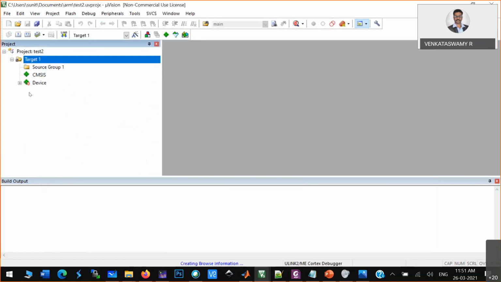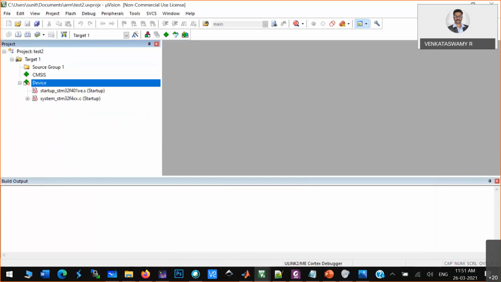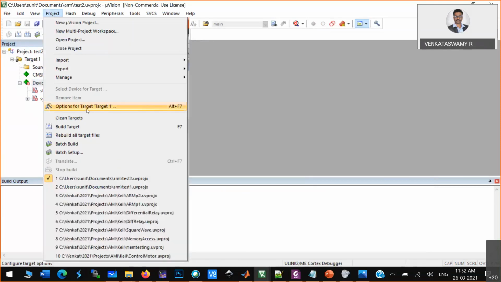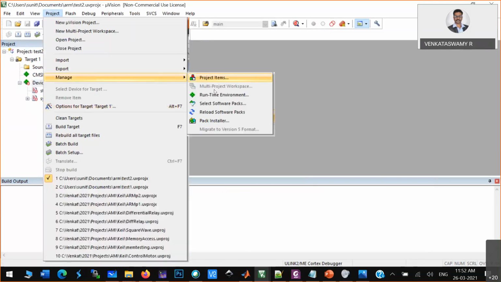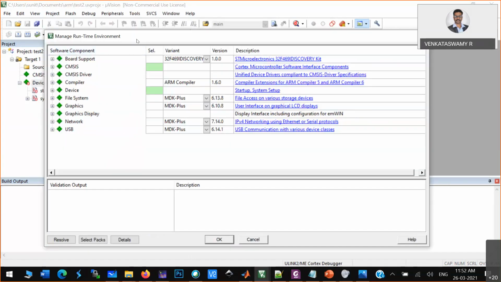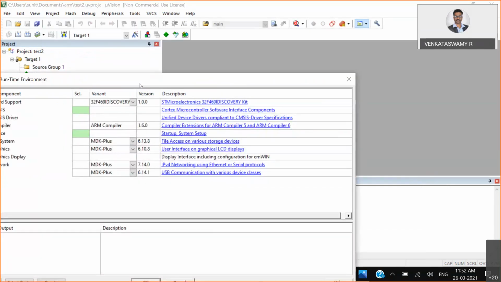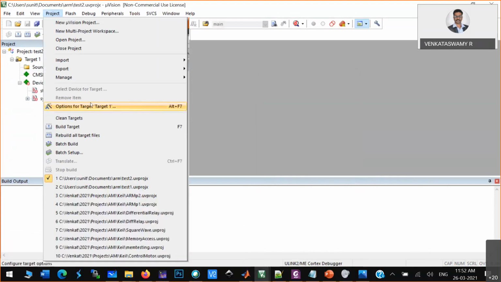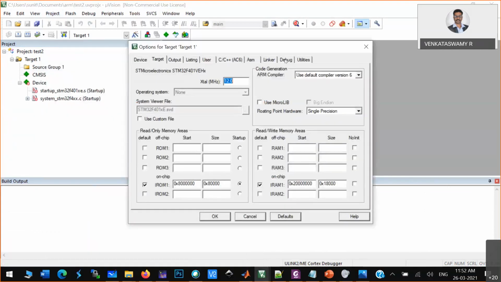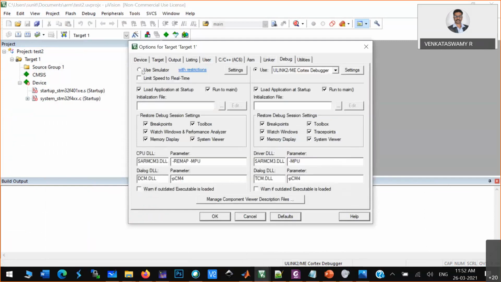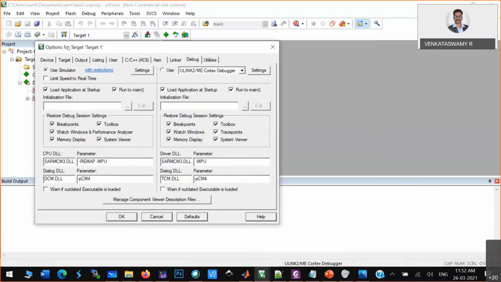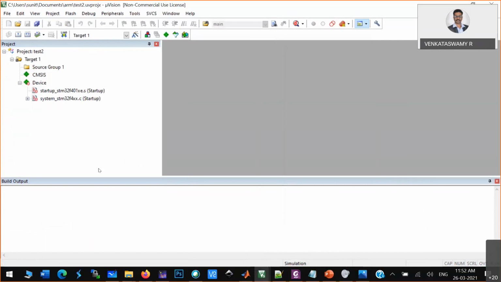Now you can see everything is ready, but there is some issue with the startup program. Let me compile and see. Also make sure that when you're working, you go to project and options. Just make sure that your debugger is the simulator, because we are not burning our program to the hardware, so it has to be the simulator. Then select simulator and press OK.